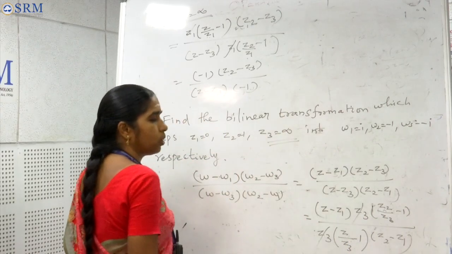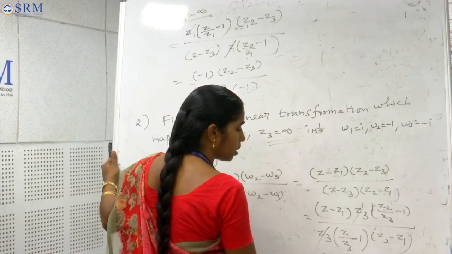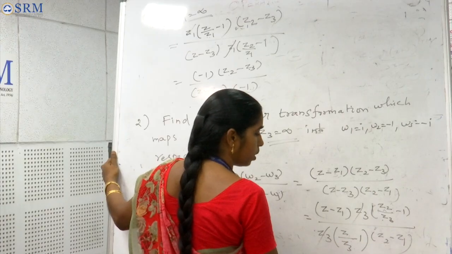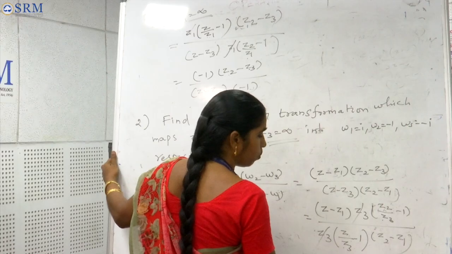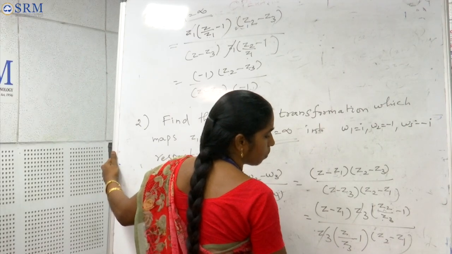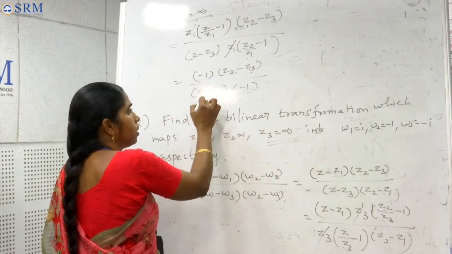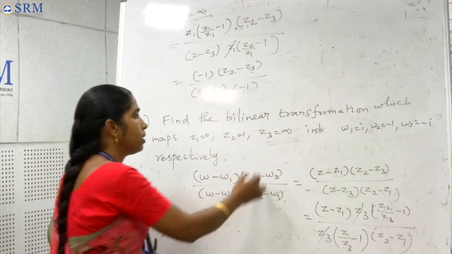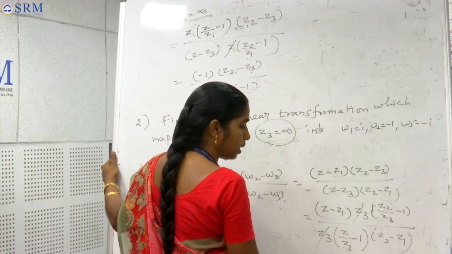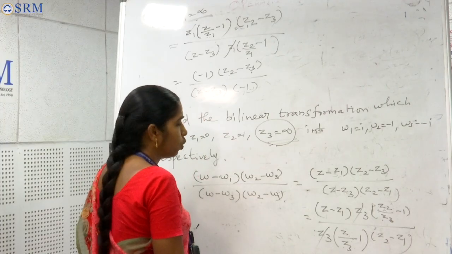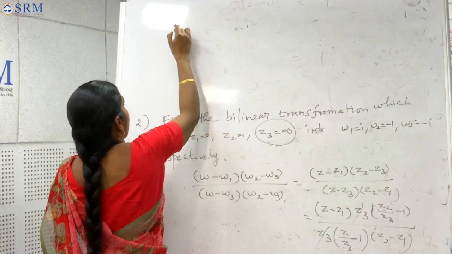Now Z3 is cancelled. So now with infinity, only Z minus Z1 remains, here my minus 1 divided by Z divided by infinity minus 1, Z2 minus Z1. Based on your point you change the value. Z1 infinity means Z2 minus Z3 divided by Z minus Z3. Z3 is infinity means in your formula that minus into minus plus, only Z minus Z1 divided by Z2 minus Z1. So W minus W1, W minus i,